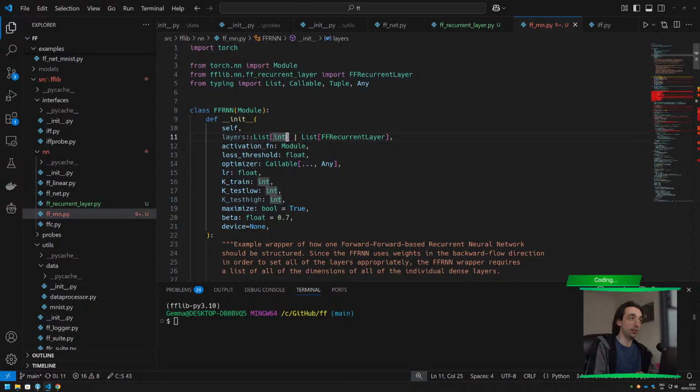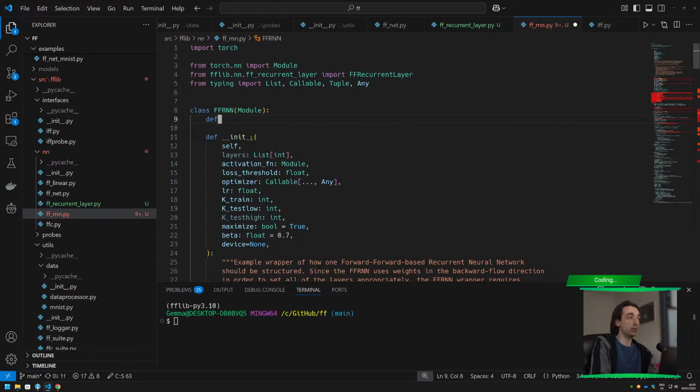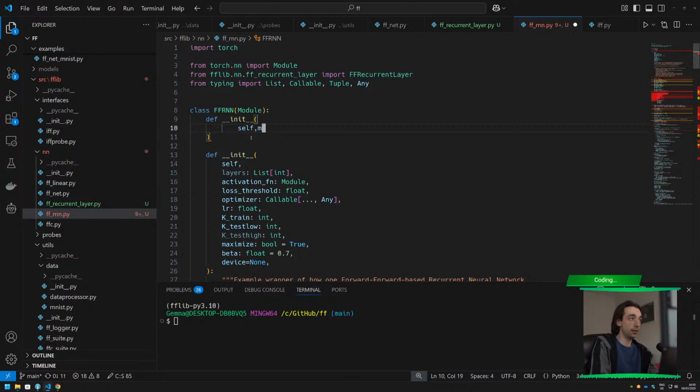Can we do this? Or maybe just do a double overridden constructor. Yeah, that could be nice as well. Let's do one constructor which has layers,